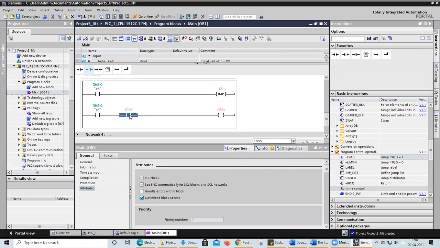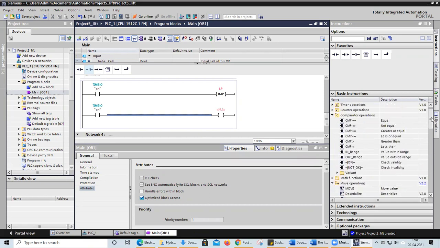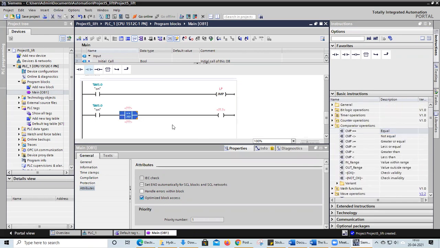I need to use a comparator operator, as I told you. So here I'm going to use a comparator operator. I need to figure out whether it is correct or not. This is floor 2, so at the bottom I will write an integer, and this one is MW0.